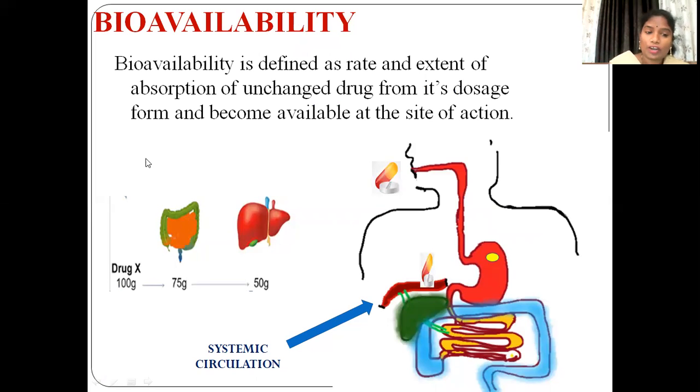If you are taking the IV route, meaning the intravenous route, it directly reaches the systemic circulation. When it reaches the systemic circulation, it is directly distributed to the site of action. So in the IV route, 100% of whatever you are taking, the drug 100% is available in the systemic circulation, but it is not safe all the time. So most of the pharmaceutical dosage forms